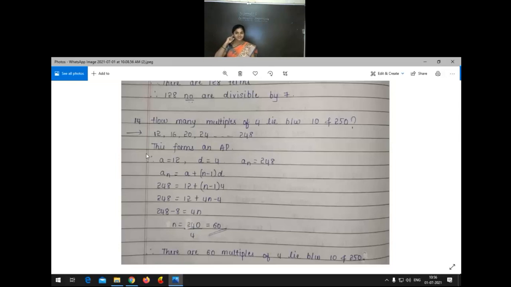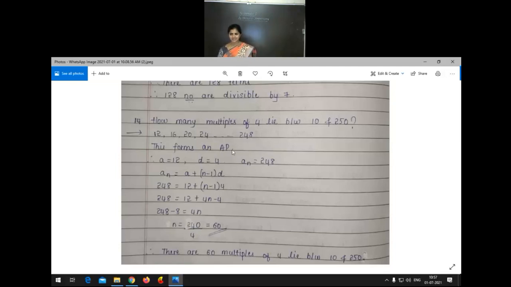You have to listen to the statement carefully, otherwise you will be confused thinking 12 is simply the first multiple of 4. Here 10 and 250 is the condition; we have to take the numbers in between them. After 12 comes 16, then 20, 24, and so on, up to 250 as the last. Now first check 250. Is it a multiple of 4? No. Then 249? No. Then 248? Yes. 248 is a multiple of 4. You all know how to find the multiple of 4.